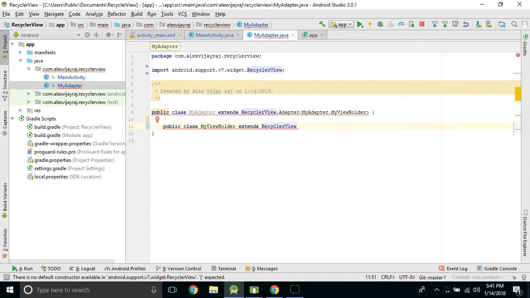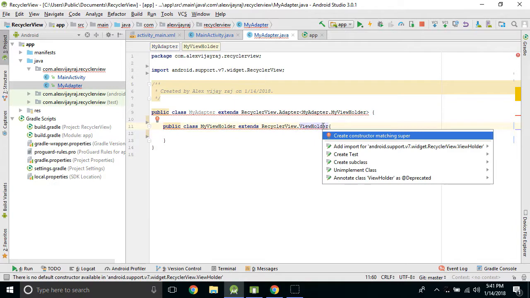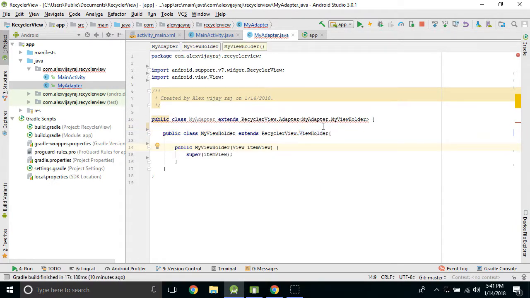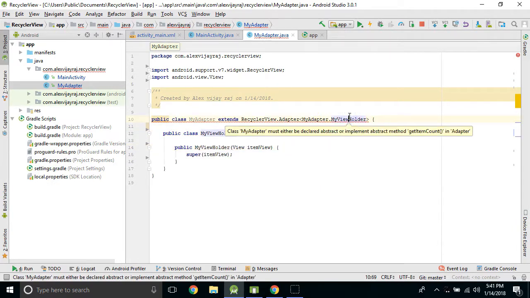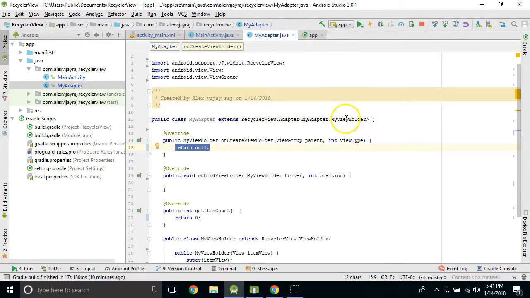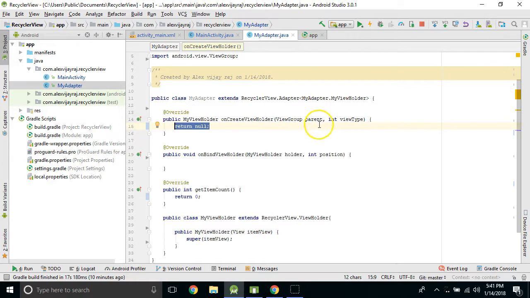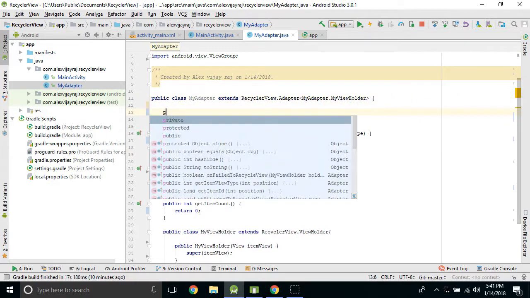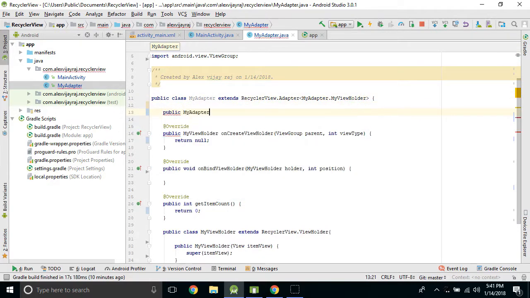So it is RecyclerView.ViewHolder, and when we press Alt Enter here, it is going to create a constructor for us, and then when we go here and press Alt Enter, it is going to implement the necessary methods that we require to implement the adapter. And before we do anything, we need to create a constructor for the MyAdapter, and this constructor is